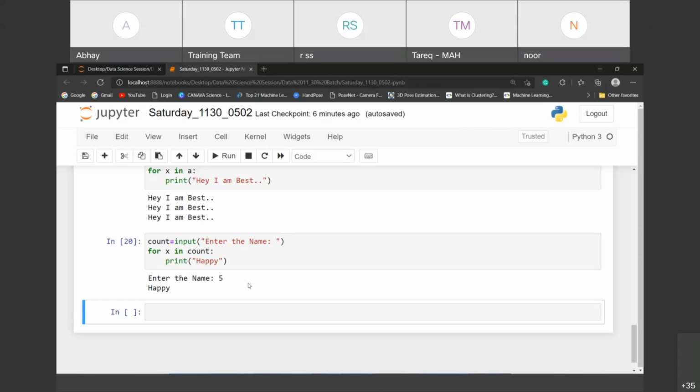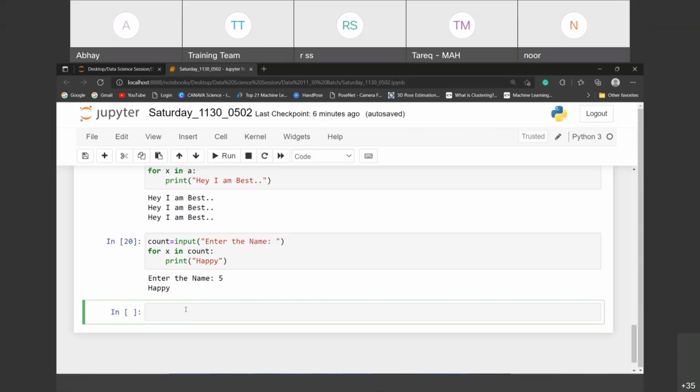So whenever I pass a b c d or 1 2 3, it will take it as a string, no. Are you getting it? So if I pass the 5, the count is getting string 5. Okay, so only 5 will go and then print. That's it. This is the difference, and this is a tricky question. Okay, so always think about it.